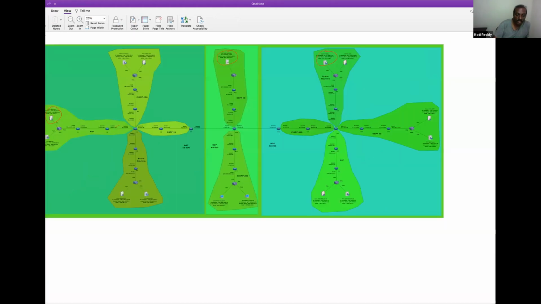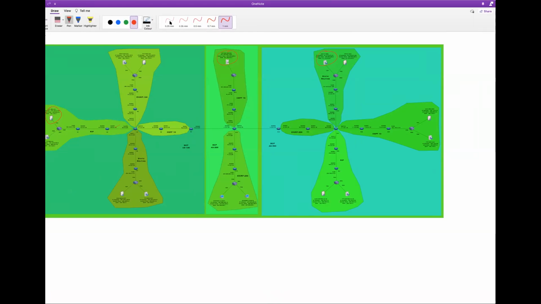You understand? If you see this particular diagram like this, all these customers can talk to each other. These customers also can talk to each other. Within the ISP, the customers can talk to each other. But the customers in one ISP are not able to talk to customers in the second ISP or third ISP. Between the ISPs, they can't talk to each other.